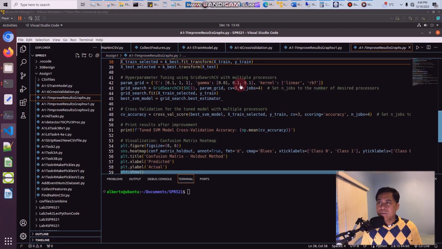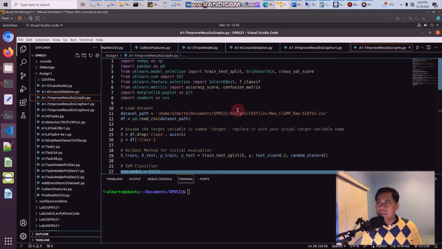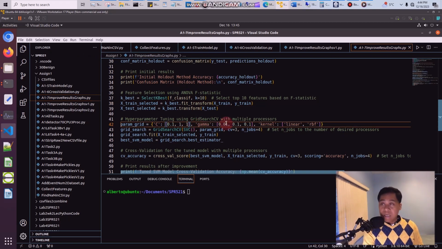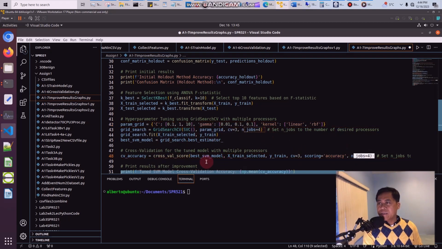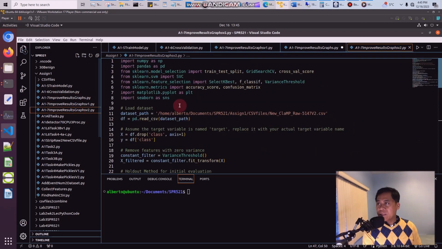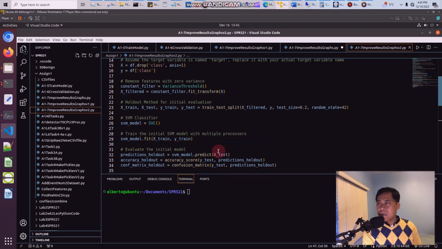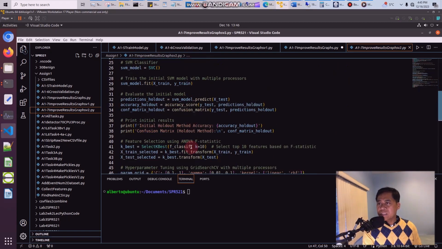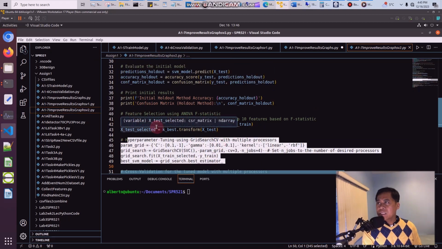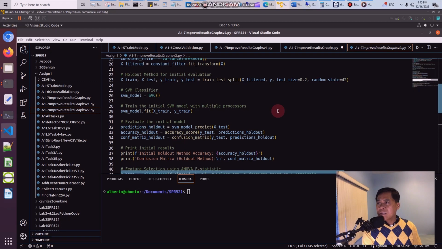This is the program that I created earlier, and actually this one had 10 like that, and I lower it, and I use 4 processors already, but it's taking a long time to process, and I'm getting just part of the result, but not all. So I improved it over here and trimmed some unnecessary things that make it really long to process, right? As you can see, feature selection, hyperparameter tuning is here, like we discussed in our lecture, and